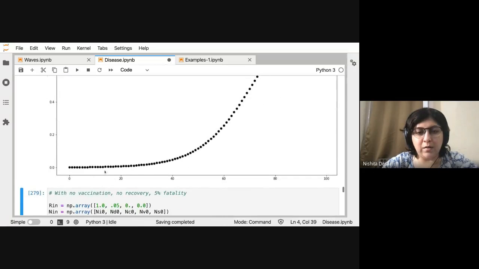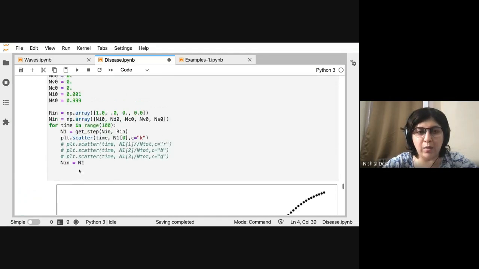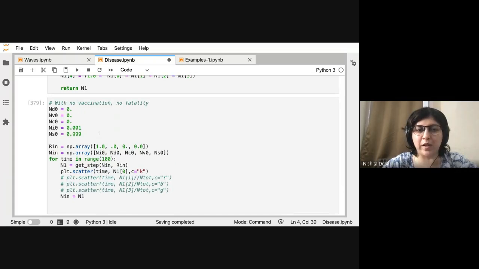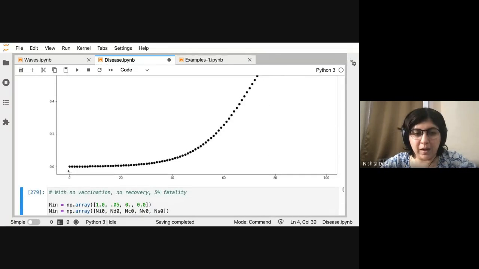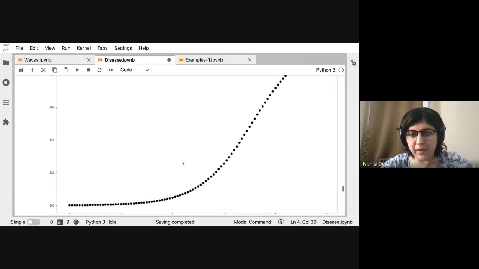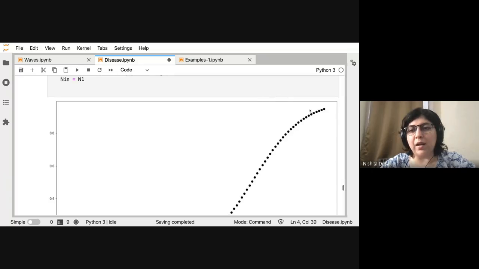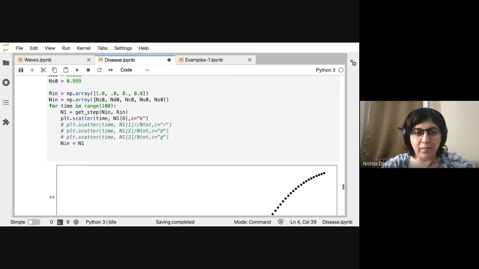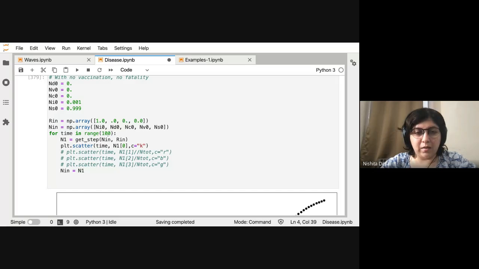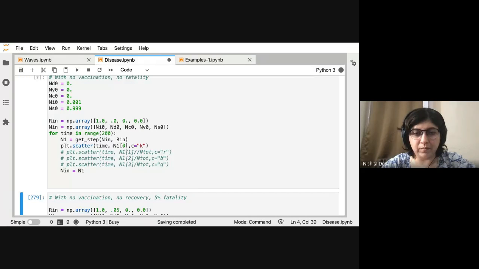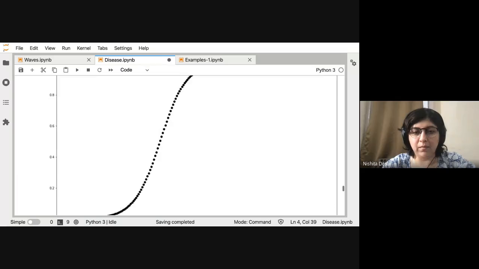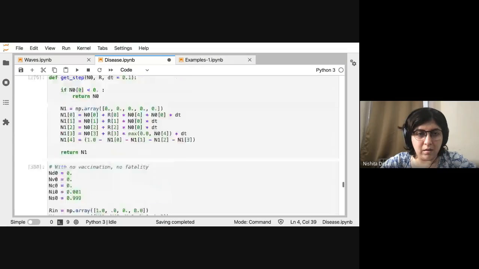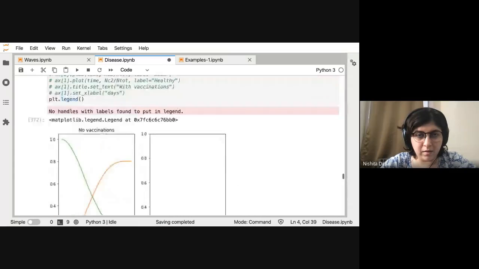And you see that in the beginning, this is all now in terms of fractions, everything goes between 0 and 1. So you start with a very small fraction of people who are infected, then the infection starts picking up, then it grows very rapidly, and it maximizes where everybody is infected essentially. So let's increase this a bit. Let me change the figure size.